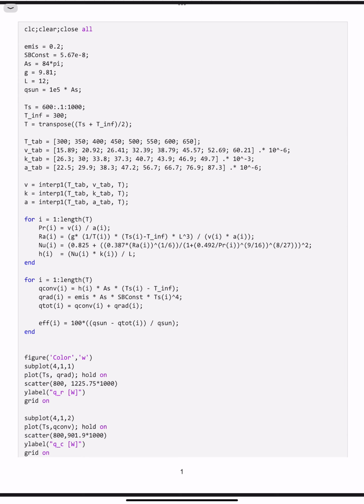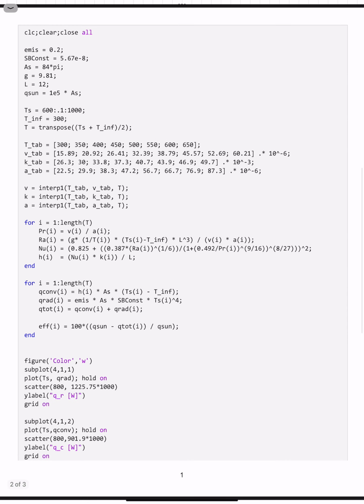So then you have to tabulate all of the table values for the range that we're working with. So you're pulling out 300 Kelvin, 350 Kelvin, 400 Kelvin, 450 Kelvin, 500 Kelvin, 550 Kelvin, 600 Kelvin, and 650 Kelvin. And then you have to pull the corresponding values for nu, k, and alpha, which I just call A here. And so as you can see here, you get 4 different vectors that correspond with the given table values,